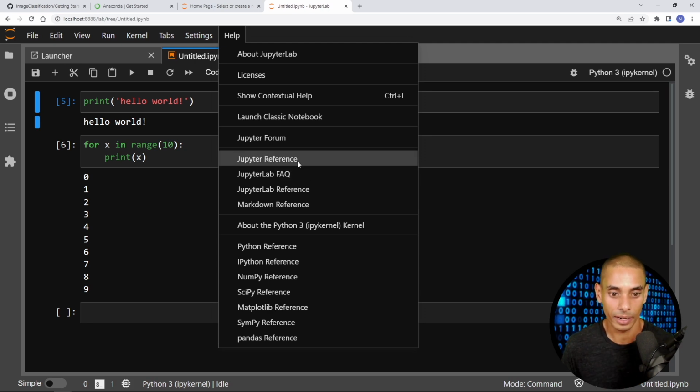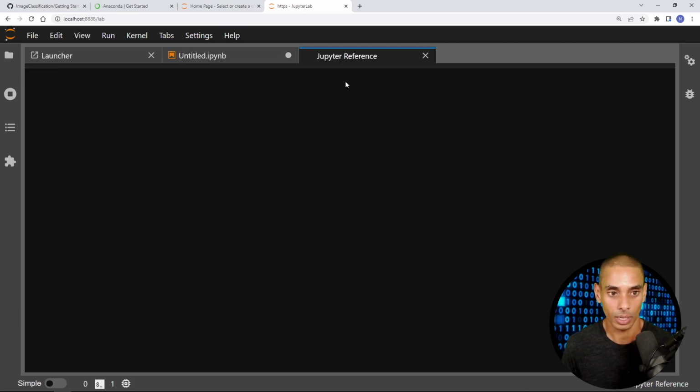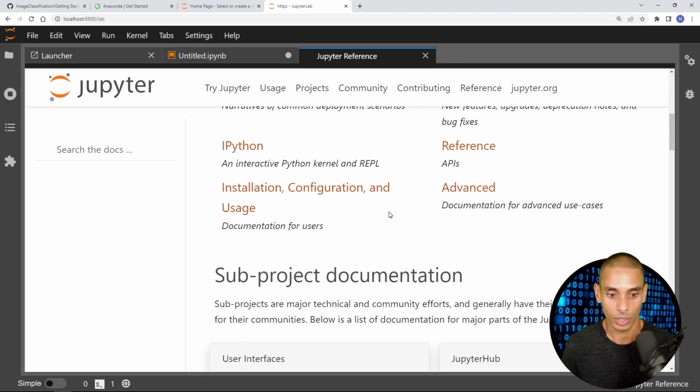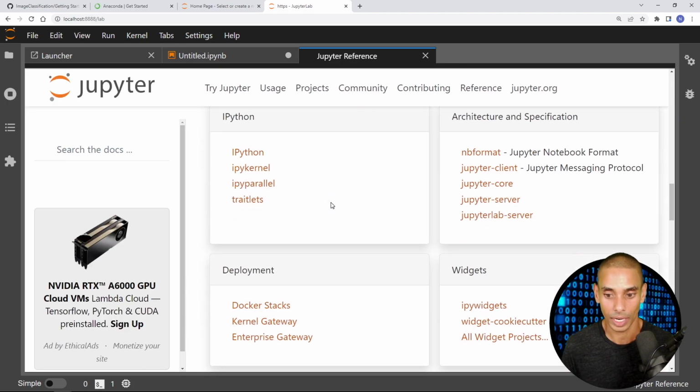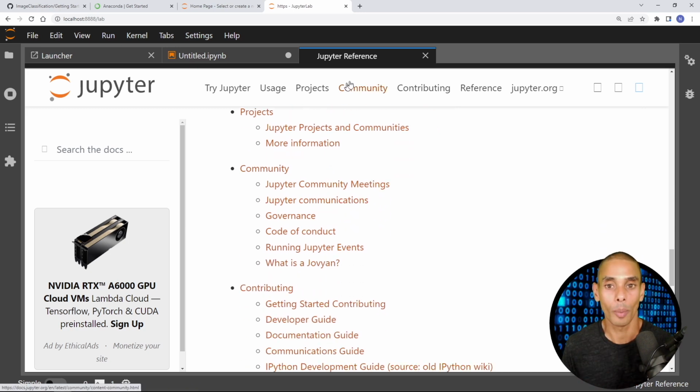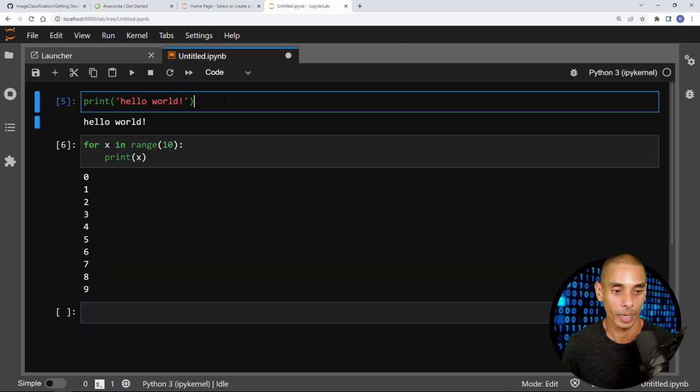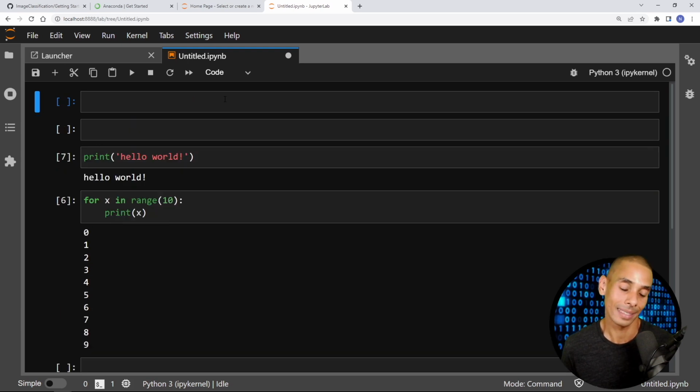So there's a Jupyter reference. Does that actually give us all our shortcuts? I can never remember where these actually are. But there's a whole bunch of shortcuts that you've got available through here, and a whole bunch of documentation for how to actually use Jupyter. I tend to use Shift Enter to run a cell, A to add a cell, D to delete a